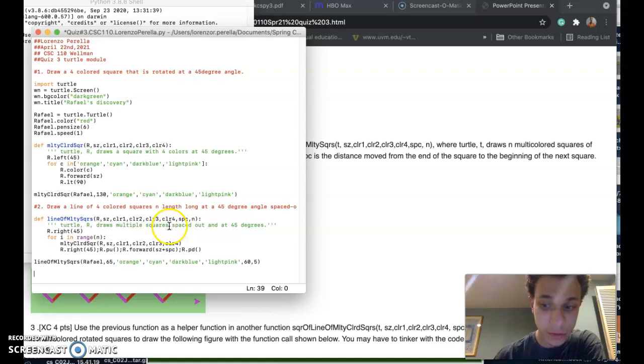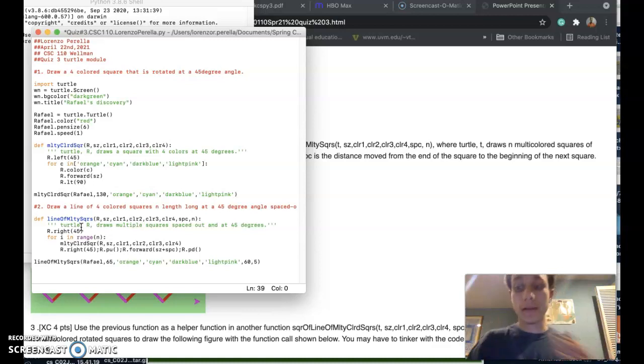We have to describe it, illustrate another right of 45. The right here is important because then it turns the turtle back to where it needs to go. And then for i in range of n, you use the previous function of my colored square. Then from that, you put right